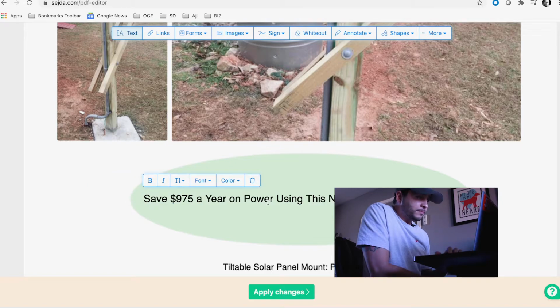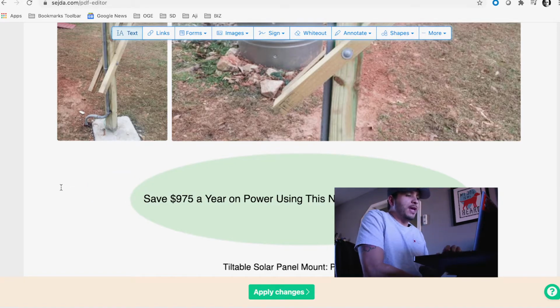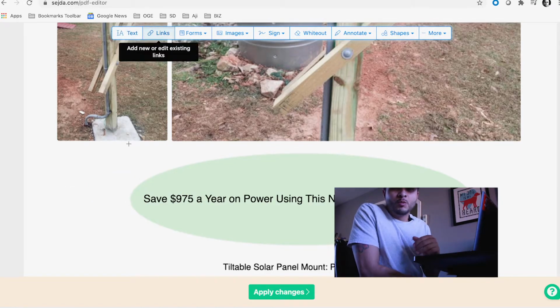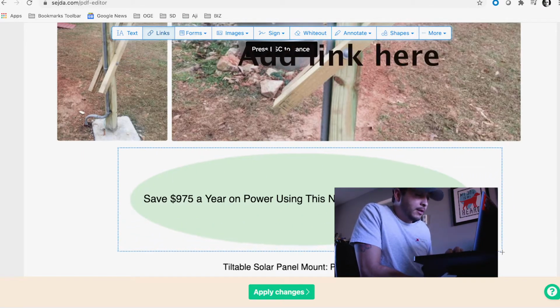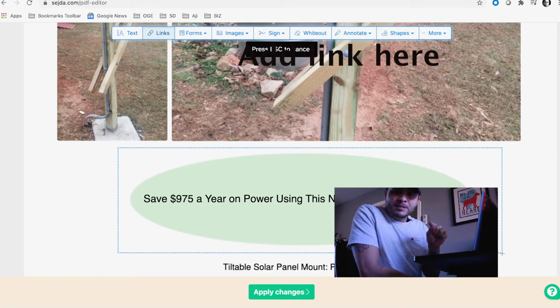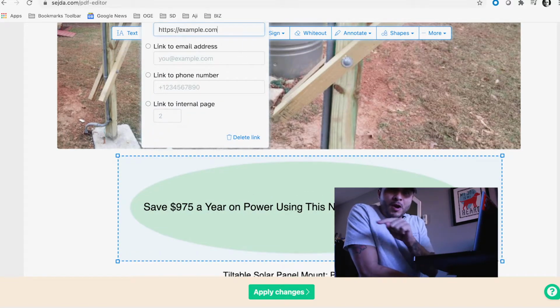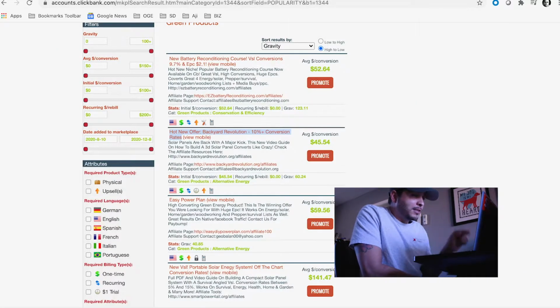product that I'm promoting. Okay, once we've added the call to action, what we want to do now is we want to go ahead and generate our hop link. The hop link is the link that's going to take us to the product that we're promoting. So what we do is we go back to Clickbank,